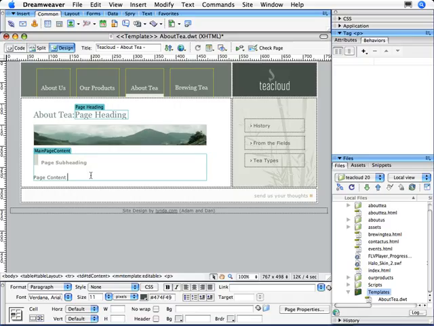So the important thing is to name everything descriptively. And the same goes for any cascading style sheets you create. Don't name styles things like Style 1 or Bold Red. Instead, name your styles after the elements they're intended to format. For example, headline, subhead, body text, product description, and so on. But also keep in mind that unless it's necessary for Contribute users to style text, you can always choose not to allow them to style text. If the Contribute users are primarily editing text, you can change their user roles so that they may only edit text and not change styles, and we'll see how to do that in upcoming movies.